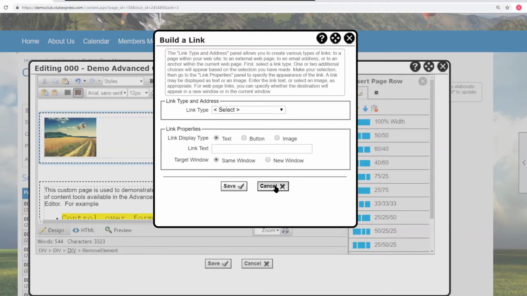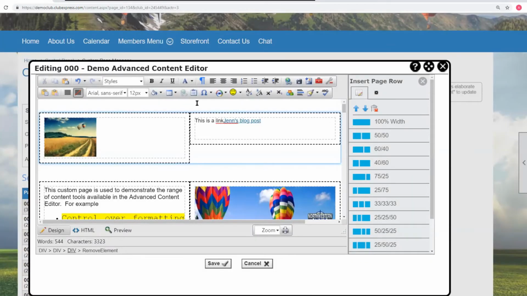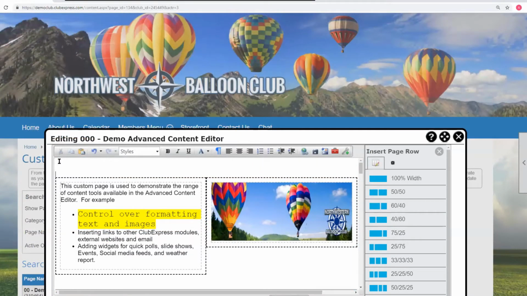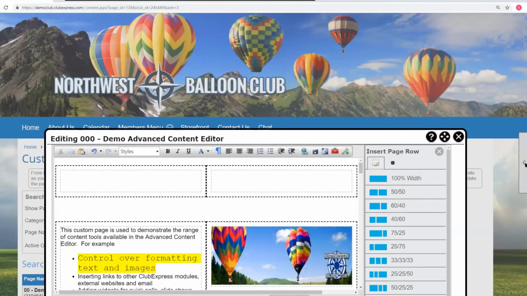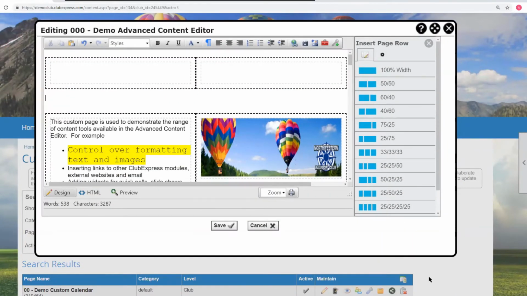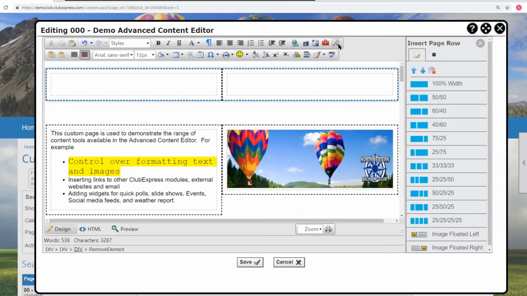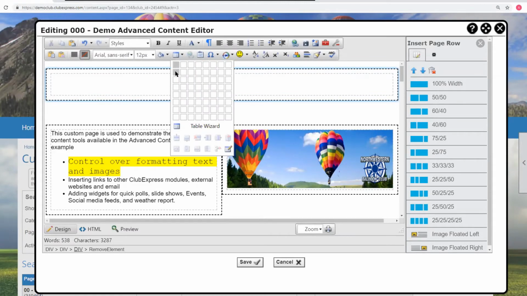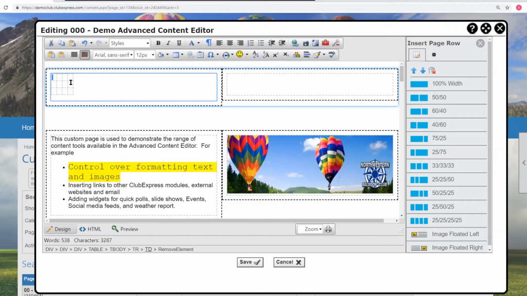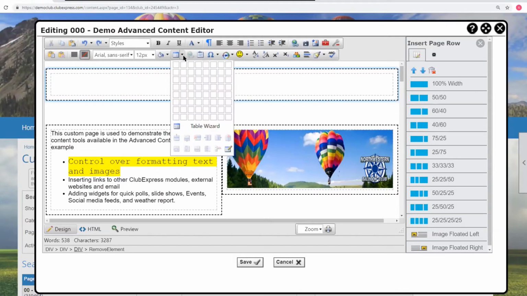And this link builder shows up in a lot of different places in a lot of the different editors. You've got a couple of things, like you can create a table. And if I come over here and I put in another 50-50 row, just bring this up here, I can create a table. And the way you do this is by clicking on the table icon here, and you can insert a table, and I can decide how many rows and how many columns. So let's assume I want 4 columns and 3 rows. I can do that, or I can go down and that will just create it here, or I can go to the table wizard,